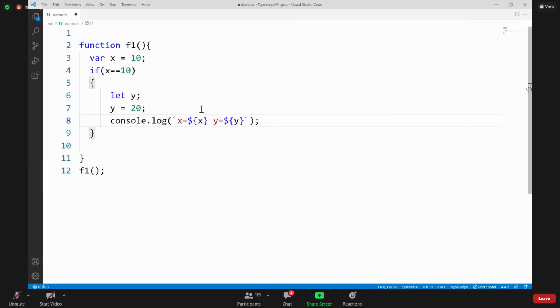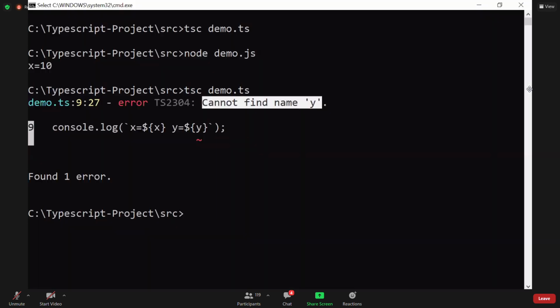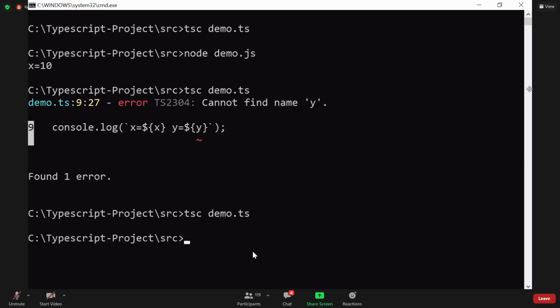In whichever block you have declared, it is accessible only in that block. Now it is accessible here, and you can see I will compile that and run it again, node demo.js, and it's working fine. X equal to 10, y equal to 20.